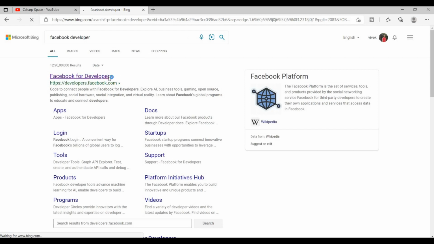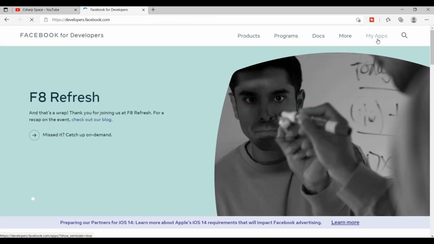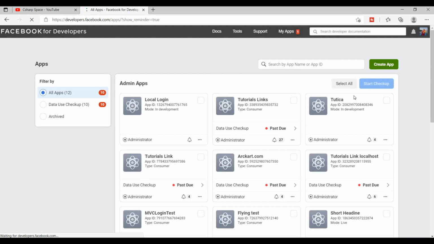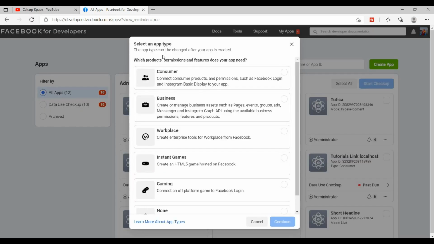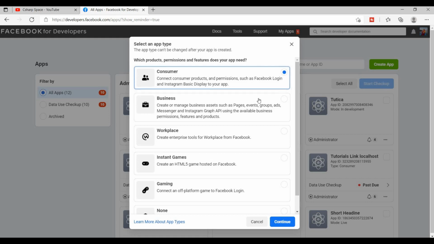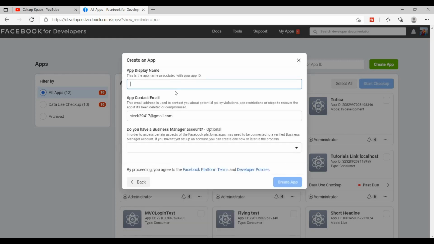and open this URL, Facebook for Developers, and here go to My Apps. If you are creating one for the first time, there will be an option for creating apps, like Create App. Here is some options. Choose your app type, like I am choosing this Consumer. You can choose any as your application type. So I click on Continue, and here